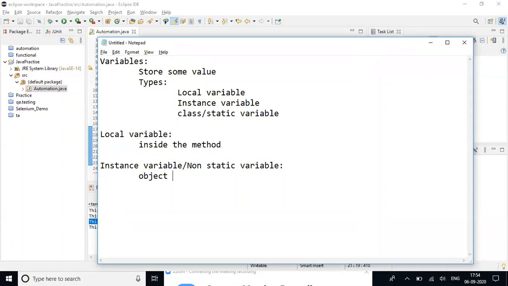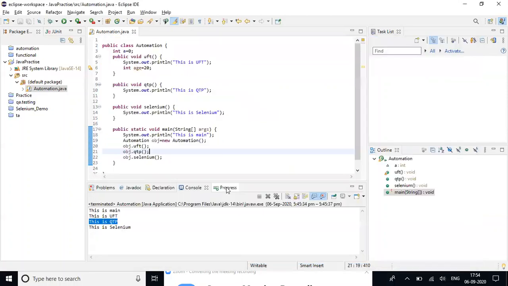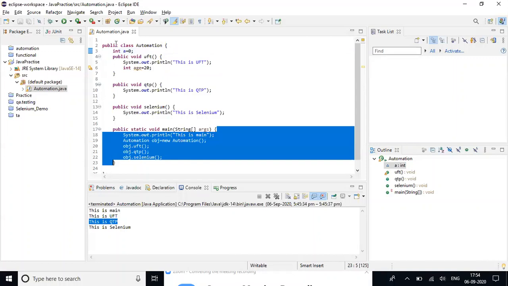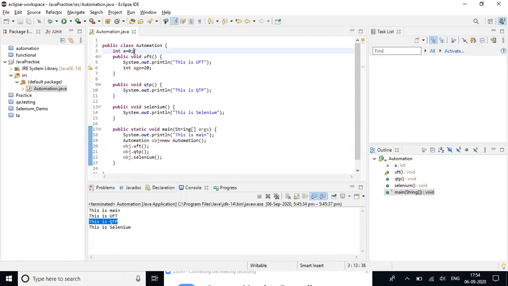How to access the instance variable? Using an object created for this class. For example, a is an instance variable because it doesn't have the keyword static, and it is defined outside of this main method.